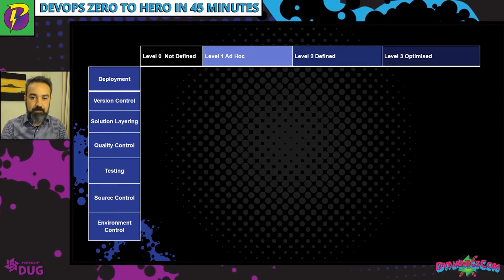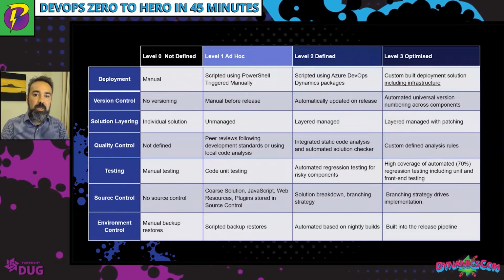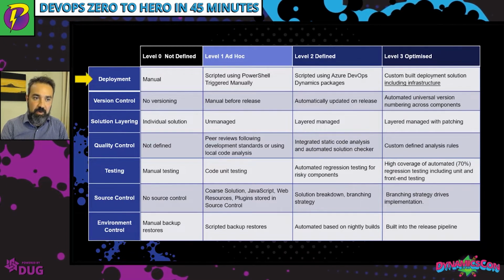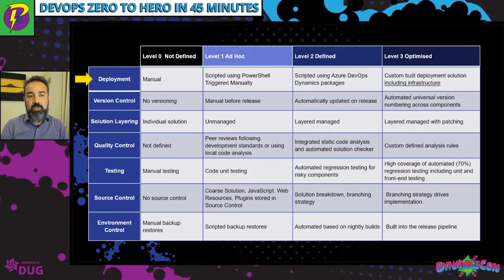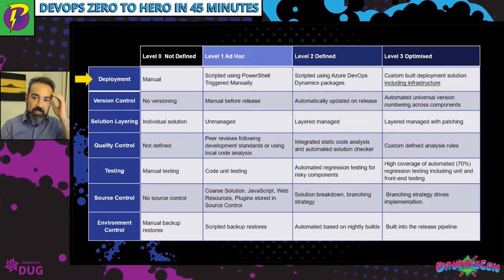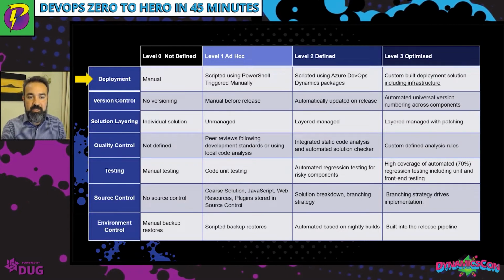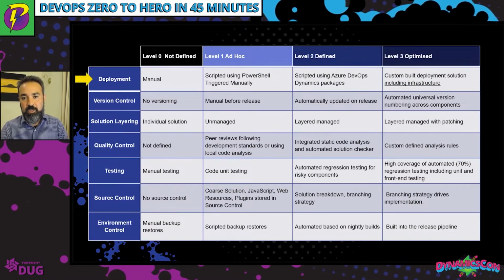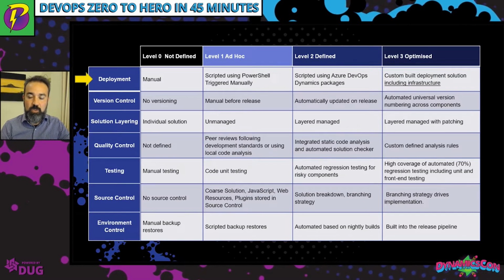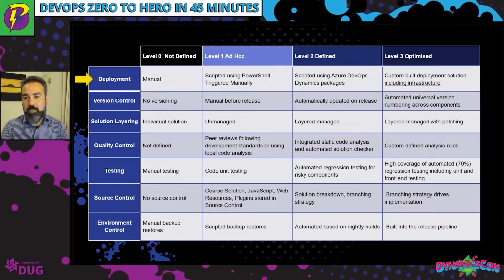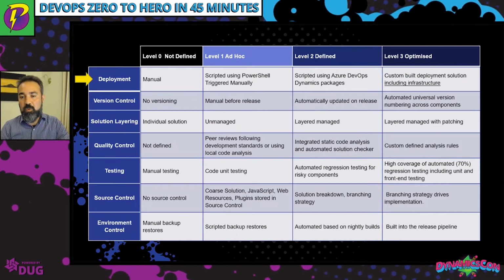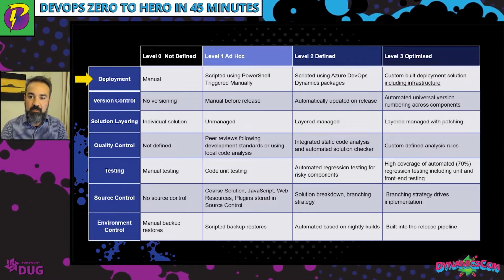And specifically today, I want to talk about the different disciplines, specifically around deployments. So when we start with deployment, for example, at a not defined level, we can start with something that is manual. When we're doing a deployment from a Power Platform, we do a manual export of our solution, and then we go and import it into another environment,